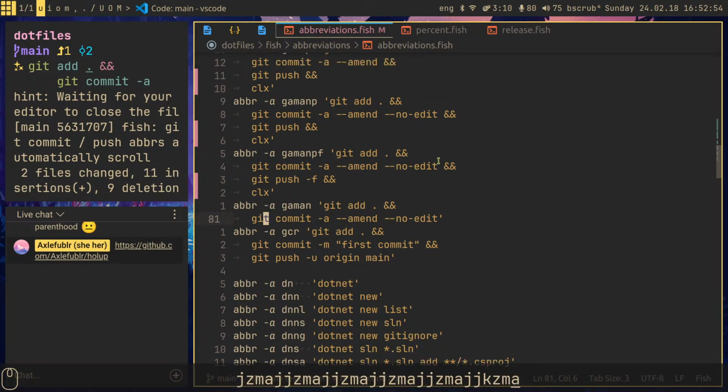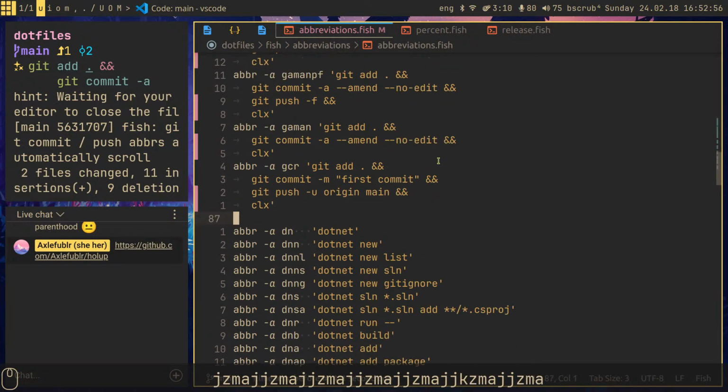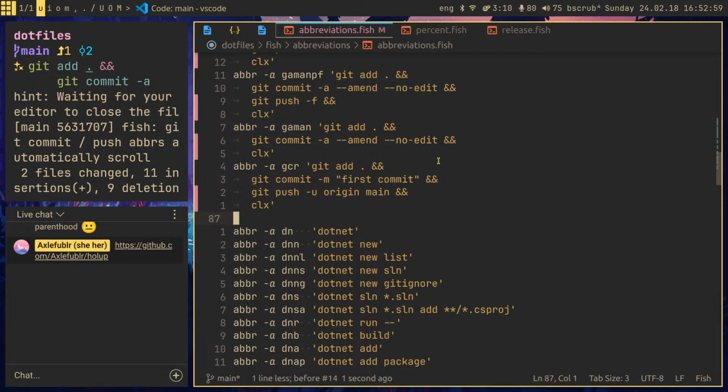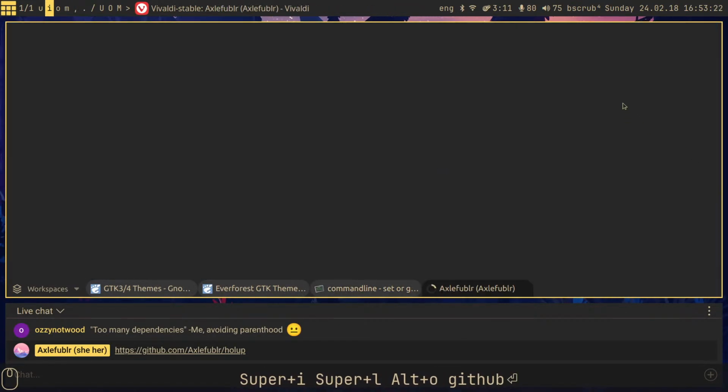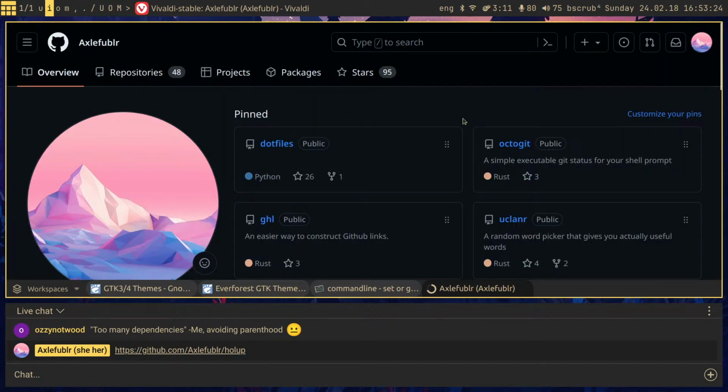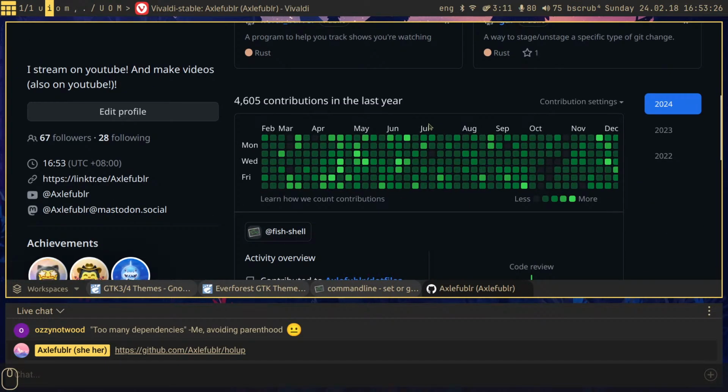If you really look at this, you'll think that I'm insane for having this many abbreviations. But it's not like I added all of them in a day. I've been using Fishtail for quite some time now. And I really, really like the terminal kind of workflow. I execute a lot of commands. If you look at how many commits I have, let's actually go and look at that. Let's go look at the amount of commits that I did in the last year. And you'll see that I have